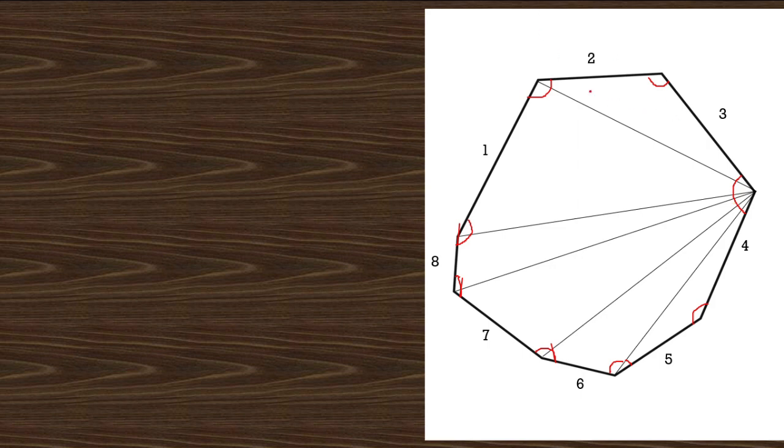Now what's the angle sum property of 6 triangles? Very simple, 6 into 180. And what is the sum of all interior angles of the octagon? It is also 6 into 180, because 6 triangles are formed. So how will we get to know? Do we always have to draw the polygon? No, we can see a pattern here.